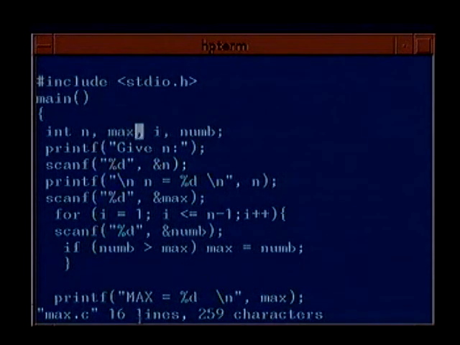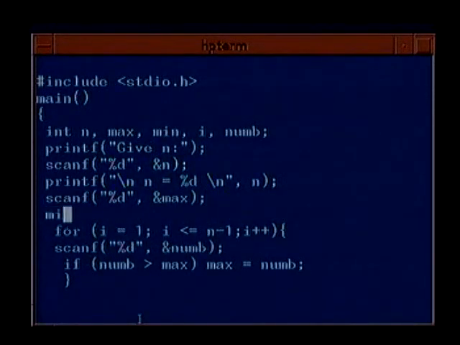So what we do is we declare another variable called min, and when you're reading in max, you initialize min to max also. That is, the first number is read and initialized to both min and max, and here when you read in the new number, you again compare if num is less than min, then min is assigned num.